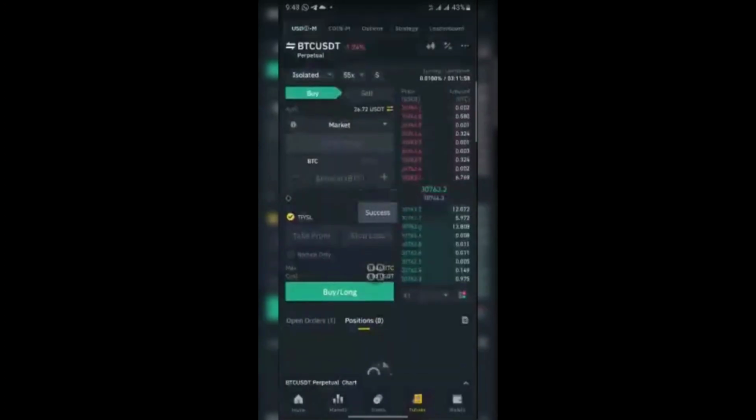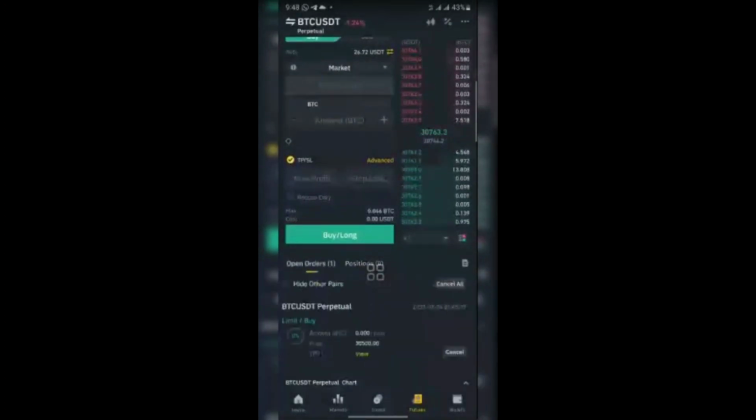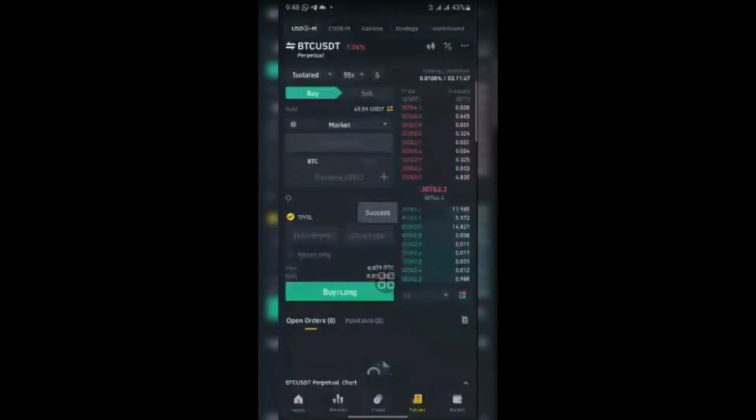But I'm not going to take this trade because I didn't analyze the market. So I analyze the market first before I take a trade. Can you see I've already closed that position? Now I don't want this one again because I did not analyze. I just used it to explain for you. So I click on what? Cancel to close that position. That's that about that. Now for you to know if you are improving or you are not improving, let's go to this place.